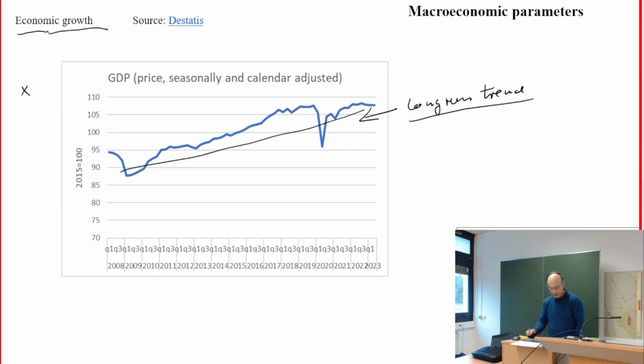Via real GDP. Maybe you can look at yearly data, or if you find it also quarterly data, but then you have to keep in mind that we have a yearly time pattern because of the seasonality, so then you need to have seasonally adjusted data, and especially, but this is maybe a special case for Germany, the so-called calendar